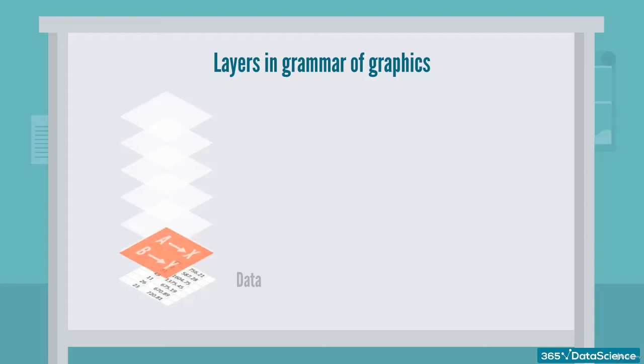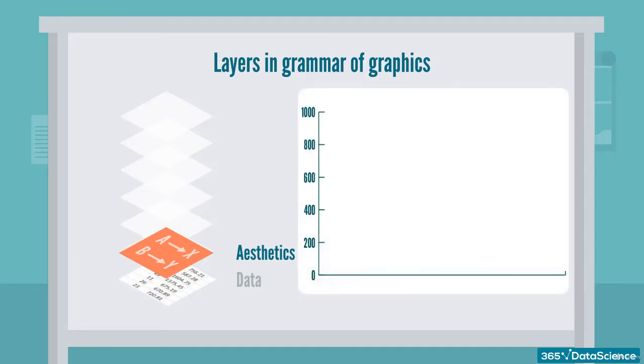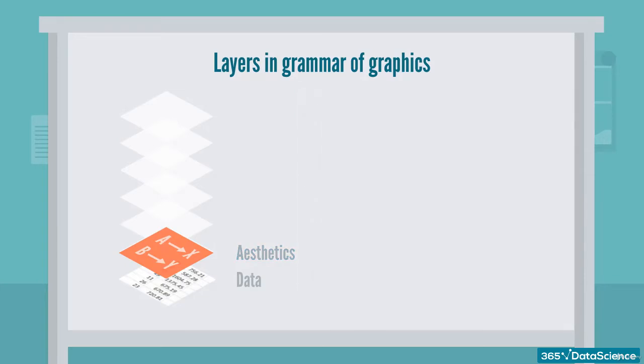This is where the second layer comes in. It is called the aesthetics layer. Here we specify the mapping to the X and Y axes. Good. The last required layer is the geometry layer. Through geometry,